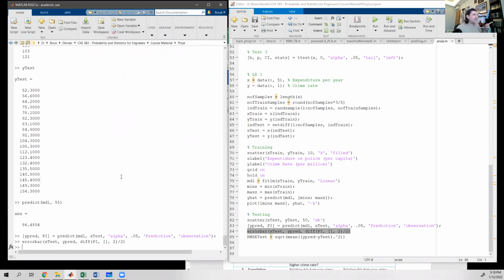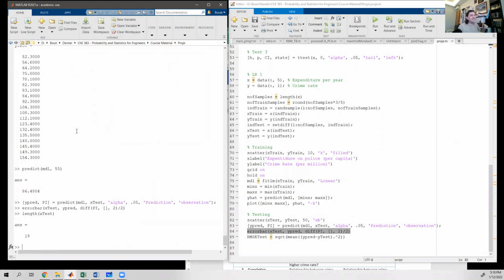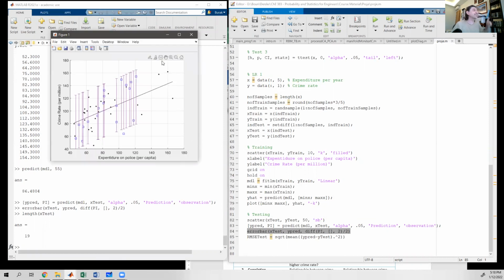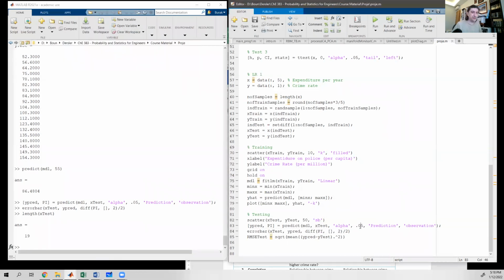So here, how many samples do we have in the test sample? Let's see, X test. 19. Well, it's a coincidence that 20 and 19 seem to be close. So anyway, when you put this 95%, or significance level 0.05, it is not surprising that one of them is outside the confidence limits. On the other hand, if I put here